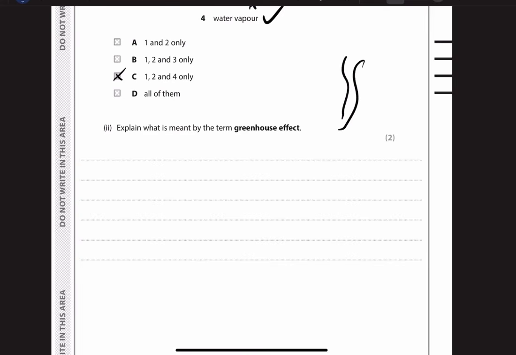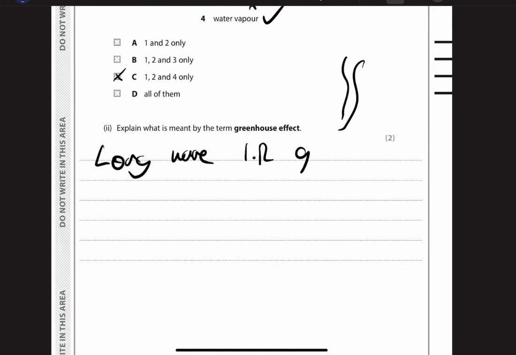So the idea is shortwave radiation comes down to the Earth, bounces off the Earth, and then becomes long wave, and this long wave infrared gets trapped by these gases that have a special property that allows them to trap infrared radiation in the long wave form, so it gets trapped by greenhouse gases,